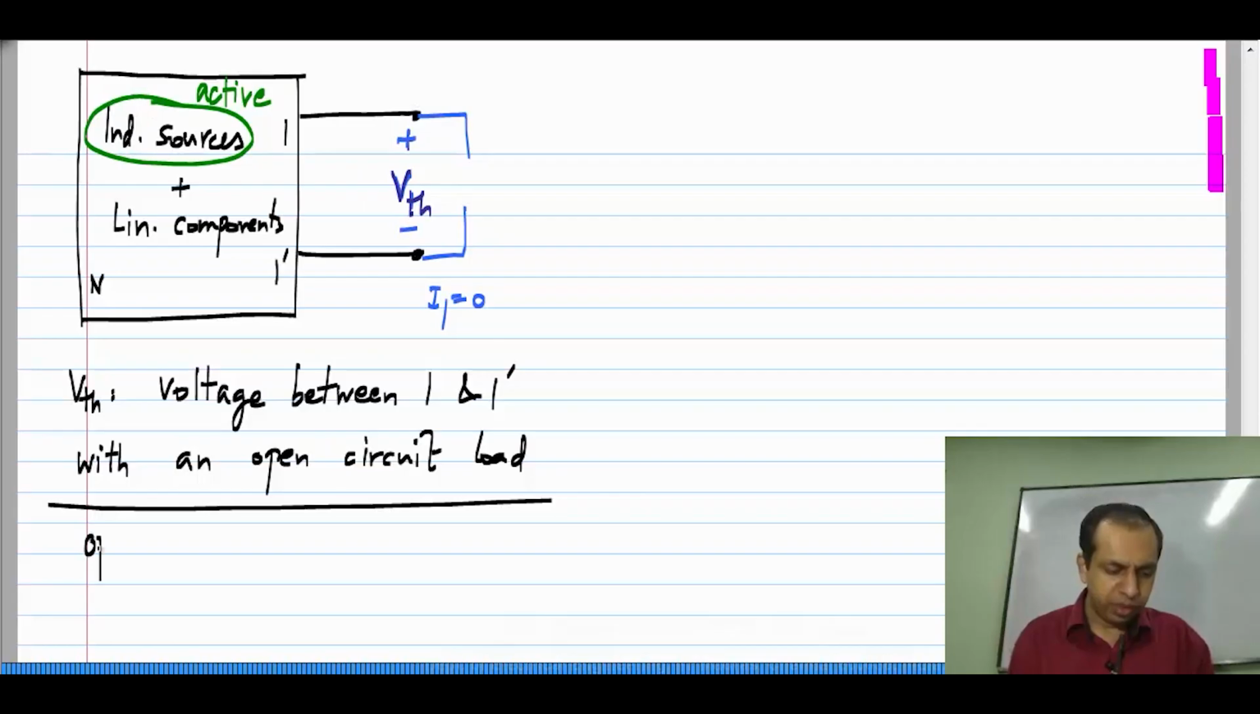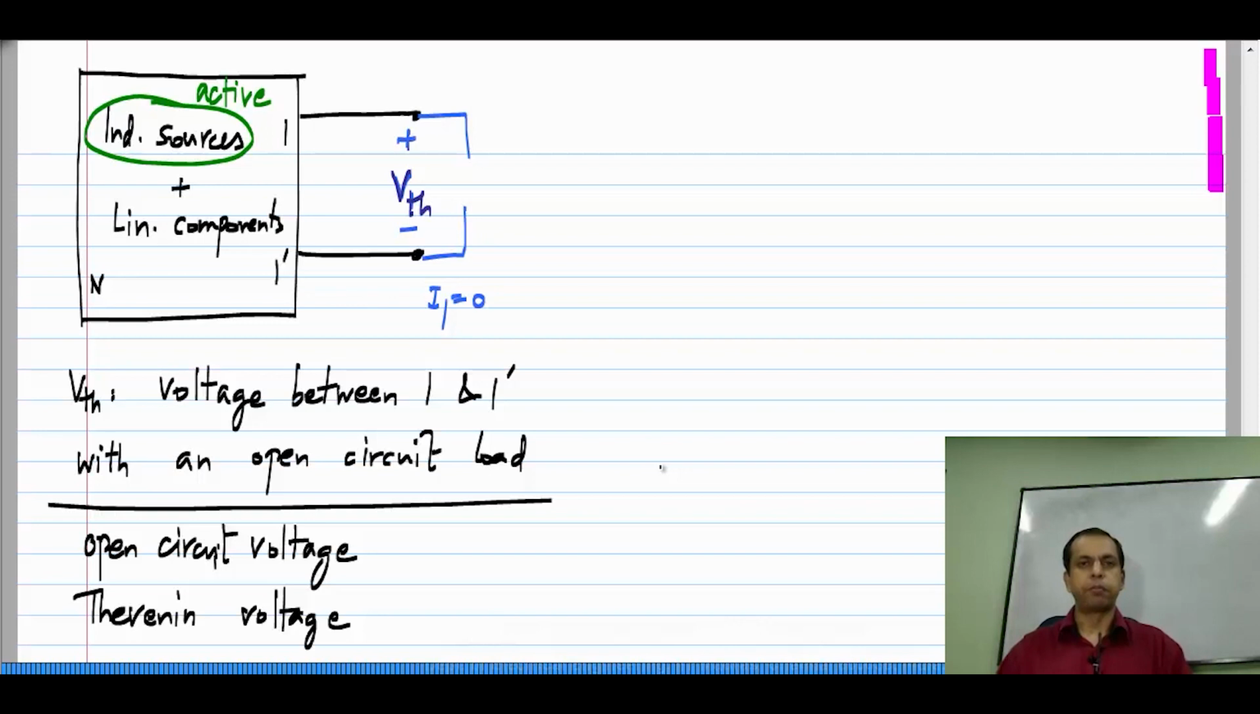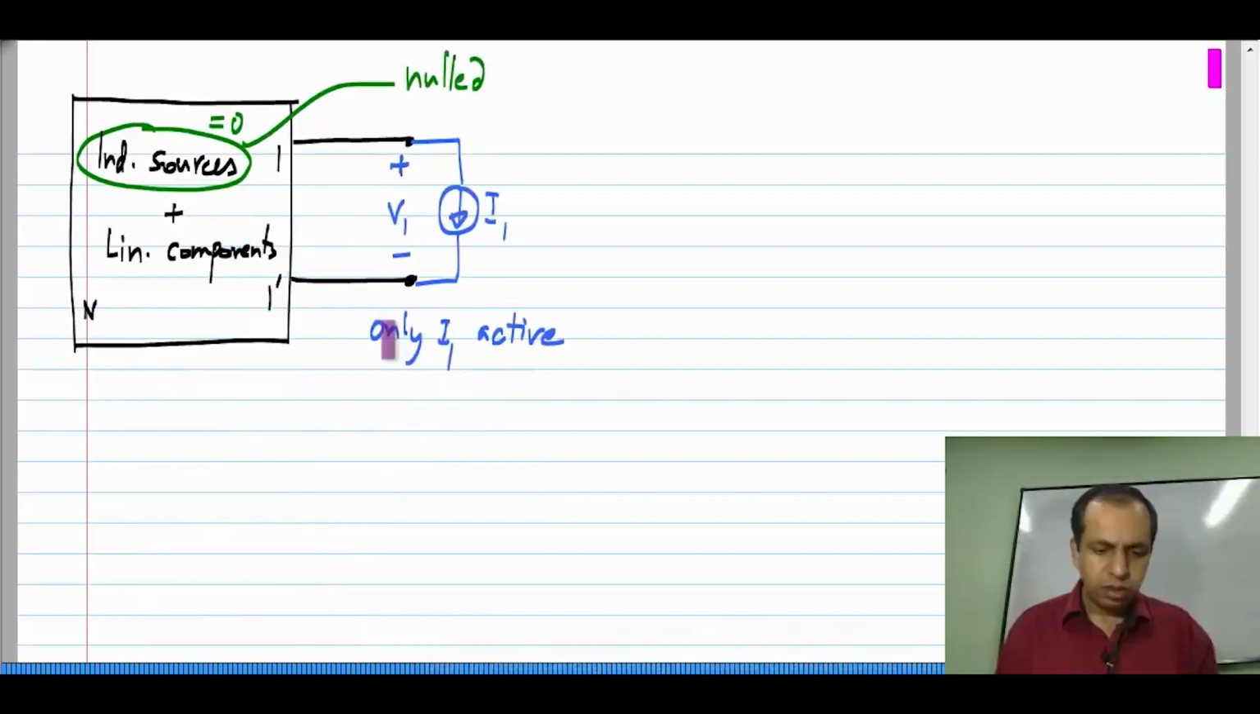This VTH is also known as the open circuit voltage for obvious reasons. It is measured with an open circuit at the output, or the Thevenin voltage in relation to this theorem. So, you will get some value, right. All you do is you take your circuit and you do not connect anything between the terminals 1 and 1 prime, where you are trying to find the equivalent, and find the open circuit voltage across those terminals. Now, in the second case,